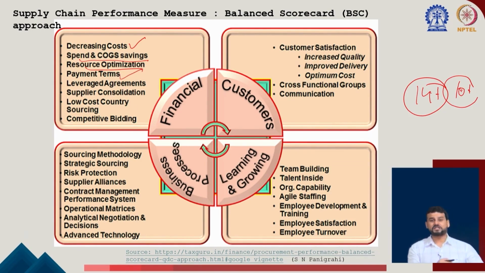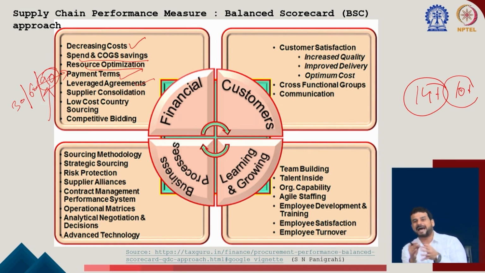Payment terms, financially, how we can negotiate with our vendors that we will make payment in 30 days or 60 days or 90 days. The longer period you get, that means your negotiation power is high. Leveraged agreements, if you have a 90 day payment term, you can leverage on that period, right, you can extend the payment. So for that period, that financial cash you can use somewhere else. Supplier consolidation, this also, when maybe for one supplier you are ordering different components,